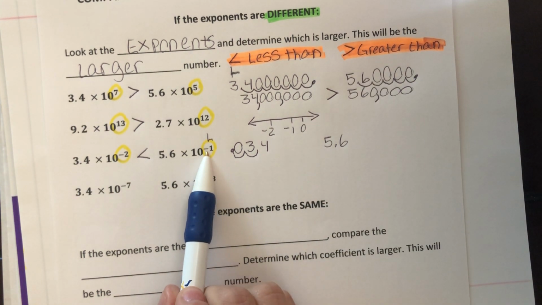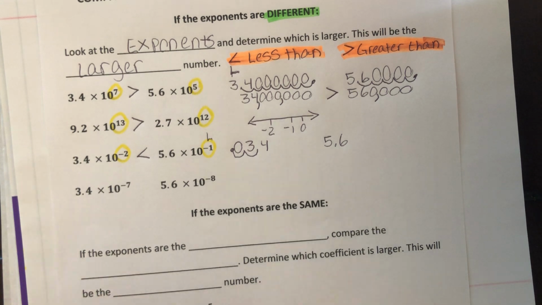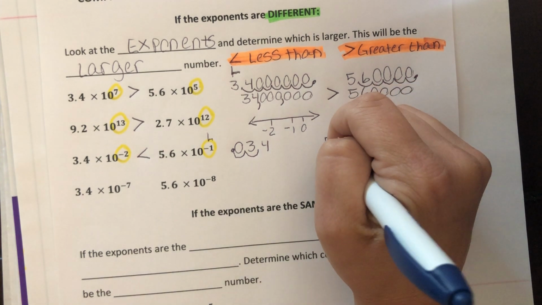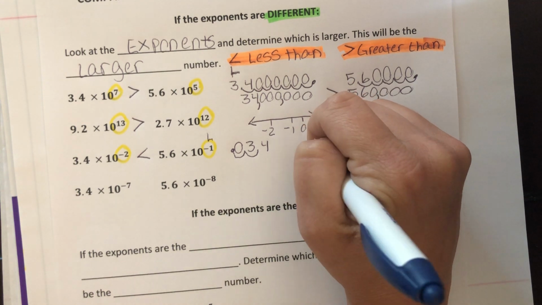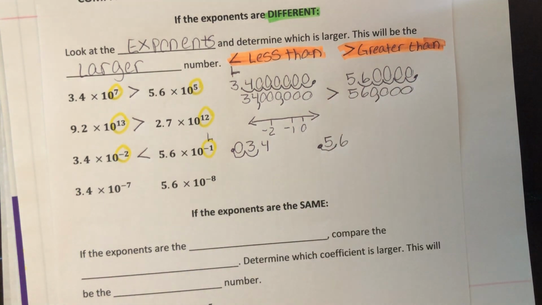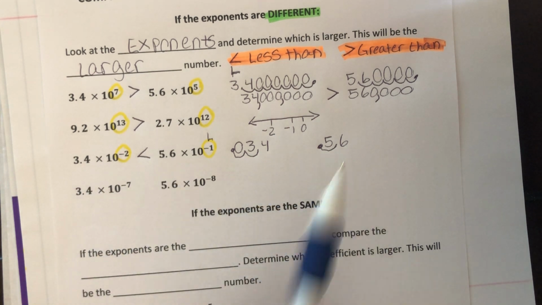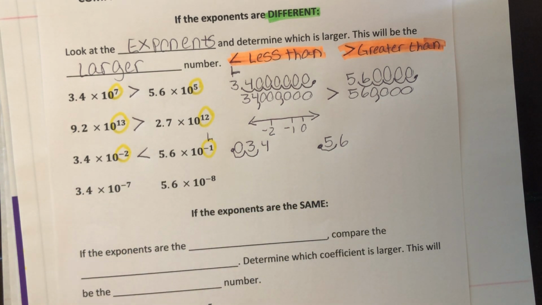It's a negative exponent, so again, I'm moving the decimal to the left. Remember, negative exponent means it's going to give you a really small number less than 1. I'm moving it to the left 1 place. So now that I've converted my numbers from scientific notation to standard form, I could easily look at them and